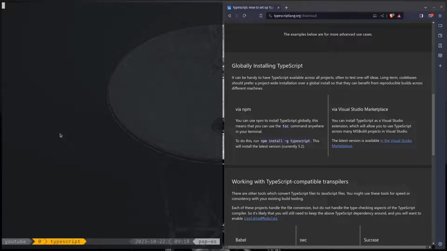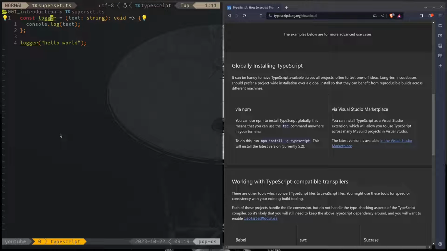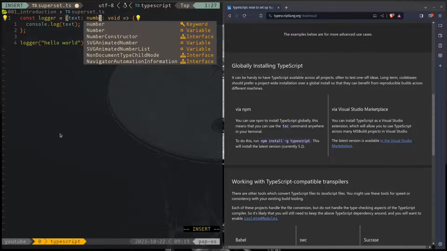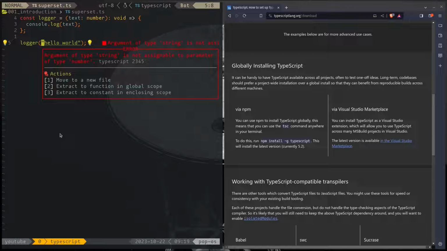When you install TypeScript, you actually get two things. One of them is the TypeScript compiler that we just saw, but the other one is the TS server. The TS server is the TypeScript language protocol language service. It gives us all of the services within our development environment for autocompletion, for giving us feedback on our types. We can see in here that if we were to make certain decisions with respect to what we're accepting, for example, let's say that rather than accepting string, we're accepting number, the TypeScript language service will tell us that we are passing in this string hello world, and that is not actually a valid type for the